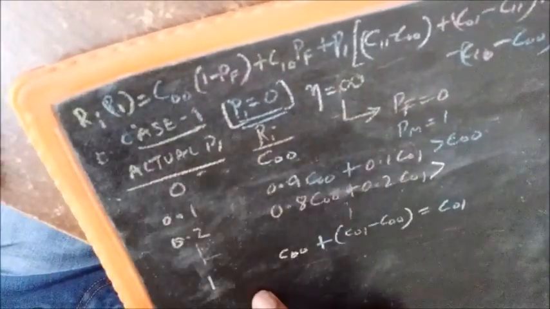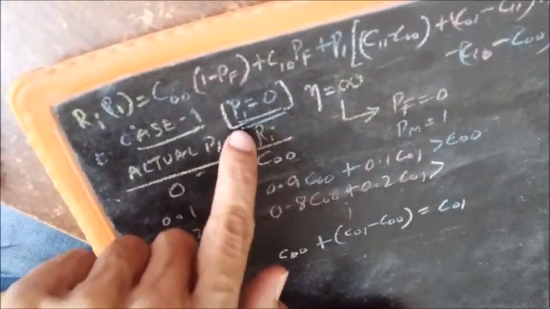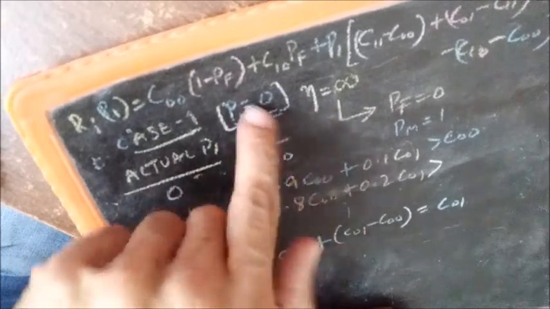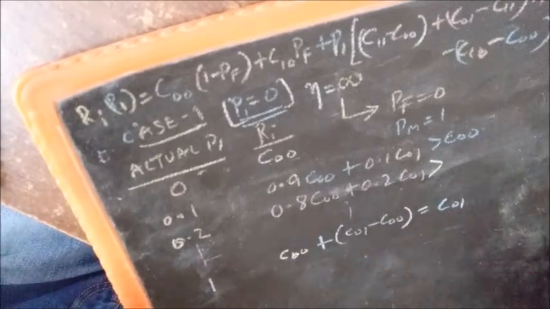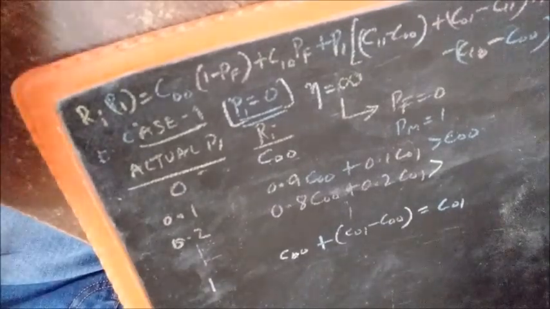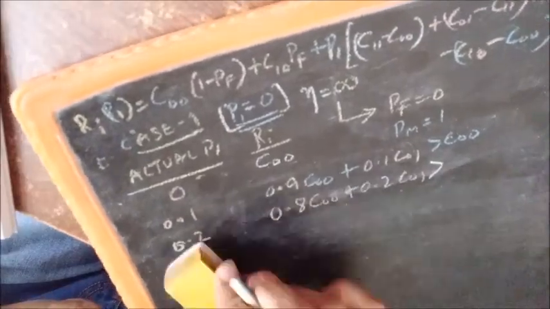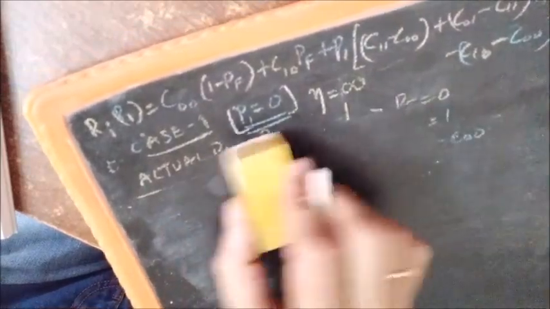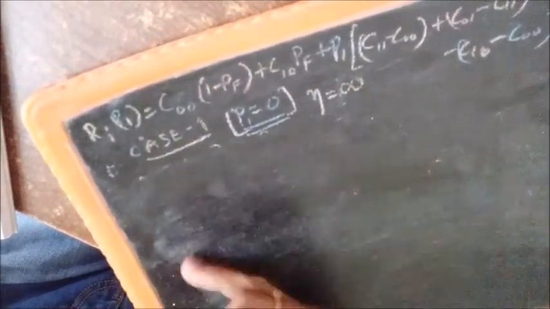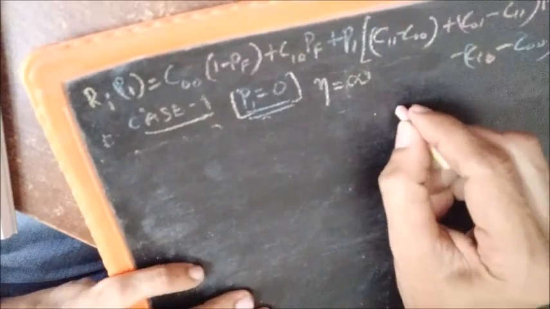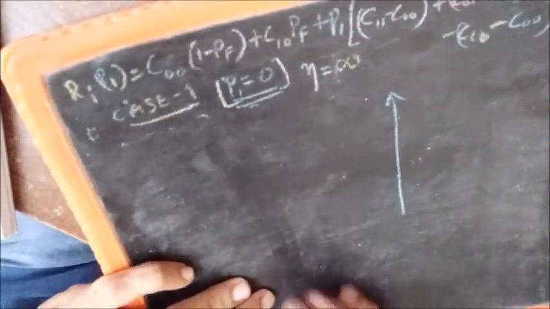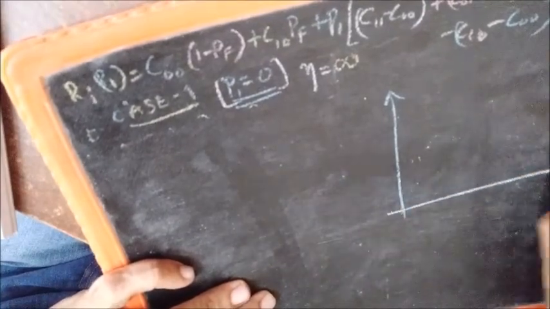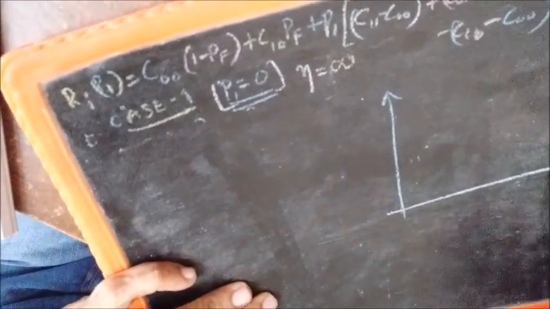This is when you have assumed the probability of hypothesis H1 as 0 and set the threshold accordingly. Now we can plot this, because it is from this plot that we are going to arrive at a decision later on what eta should be. So the plot will be like this. I will plot it here because I will use this region for the next case. I plot it here. So this axis is P1.